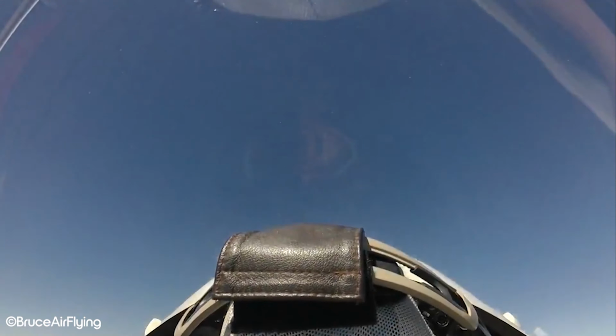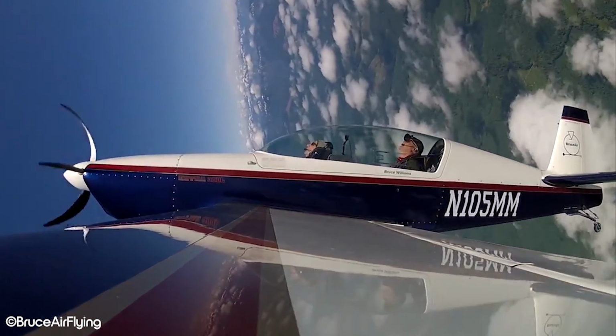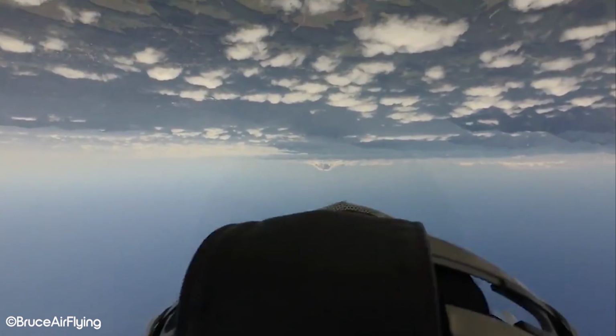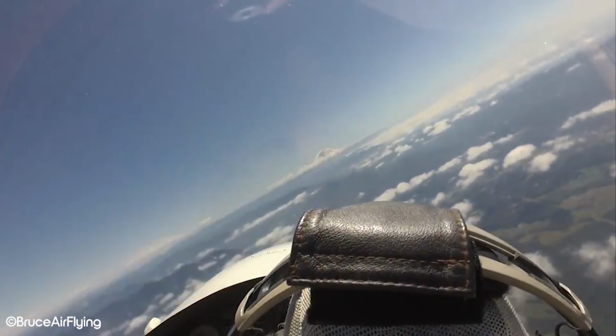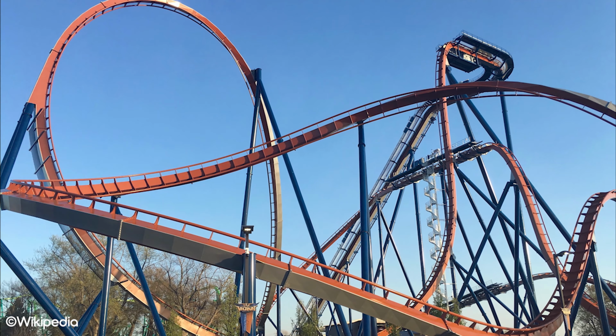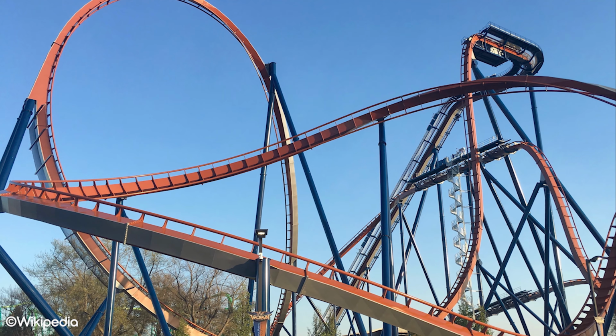This enabled fighter pilots to quickly manoeuvre after an attack on an aircraft, to then reposition for another attack. The track outlines a half loop, followed by a half twist, to essentially complete a 180-degree turn, sending the coaster back into the direction it originally came from. These particular elements are commonly found on B&M dive coasters, and make for a smooth and exhilarating first element after